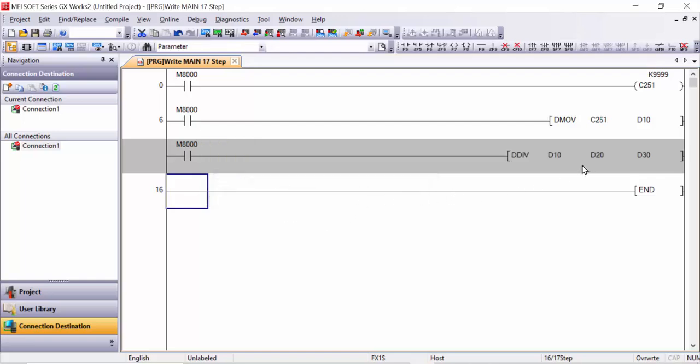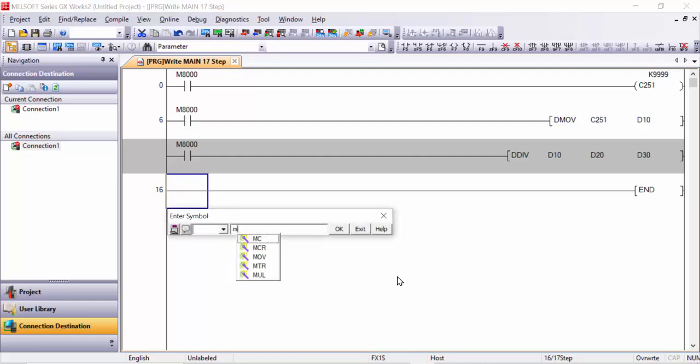And why do I write D20 here? I can write K200 or K10 also, but I will write D20. After that we have to stop the PLC and again write the value and download the program. So we will directly write the value at D20. So this value, right, and in the next row you can make again M8000,